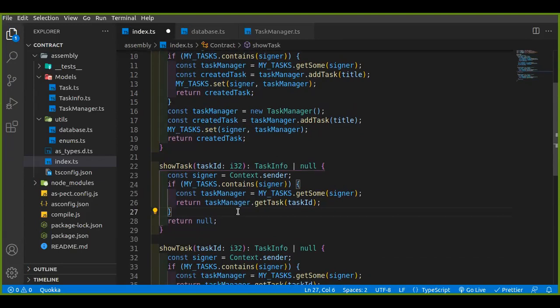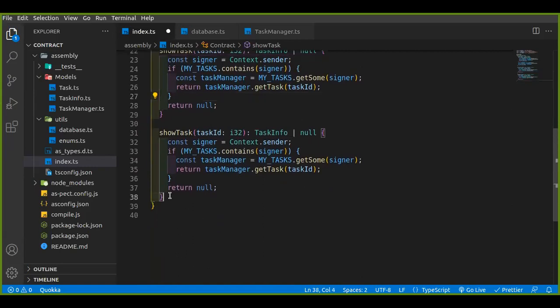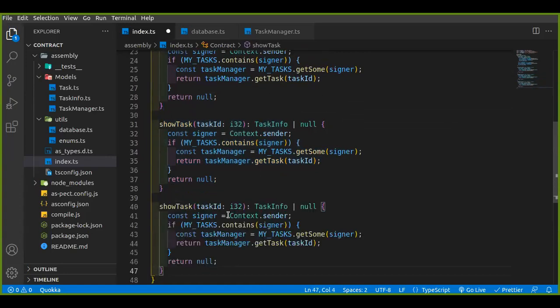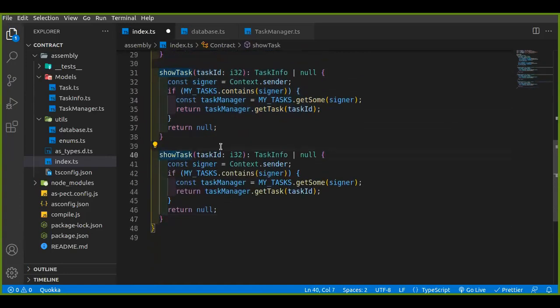Okay. So we're going to proceed. Now we may also want to show all tasks. So let's implement that particular function as well, right here. To show all tasks, there's no need of passing in any argument. It's basically going to retrieve everything. Right here, we still need the signer wallet address. And if that is already in our persistent collection, then we're simply going to retrieve that from our persistent collection and then return